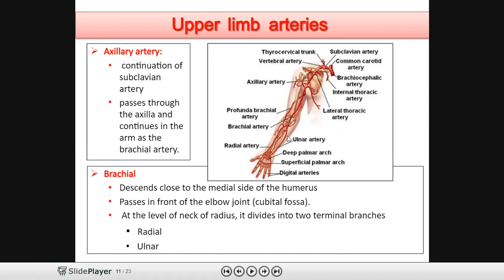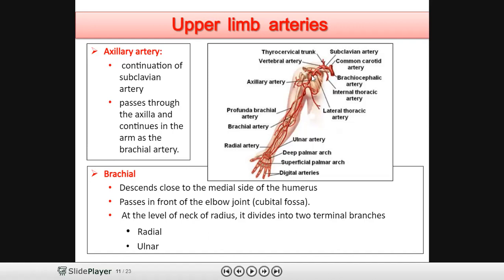Now, at the level of the neck of the radius, so the neck of the radius is somewhere here. At the neck of the radius, what happens? The brachial artery divides. So watch, at this point, the brachial artery will divide and become two arteries, radial artery and ulnar artery. So brachiocephalic,